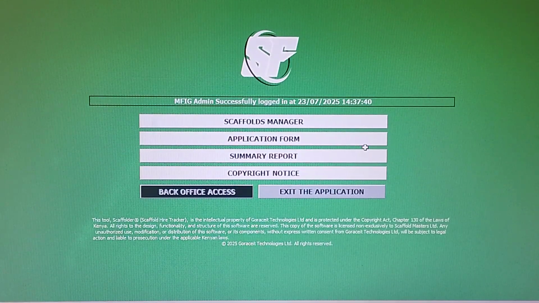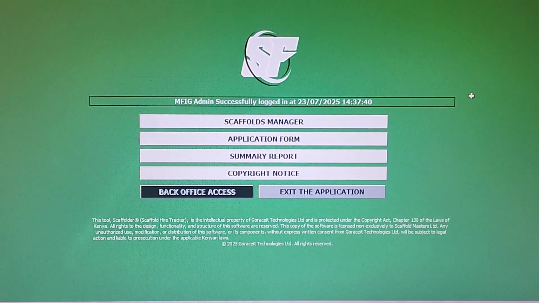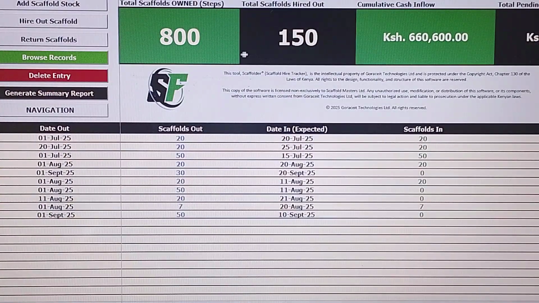Hi, so today I want to show you how to return scaffold stock after you've hired them out to a site. And to do that, you have already launched your Scaffolder application. So go to the Scaffolds manager, and over here you can see all this information which I had explained in